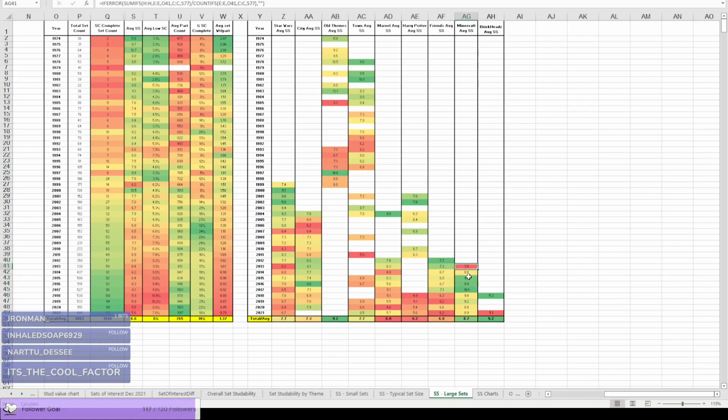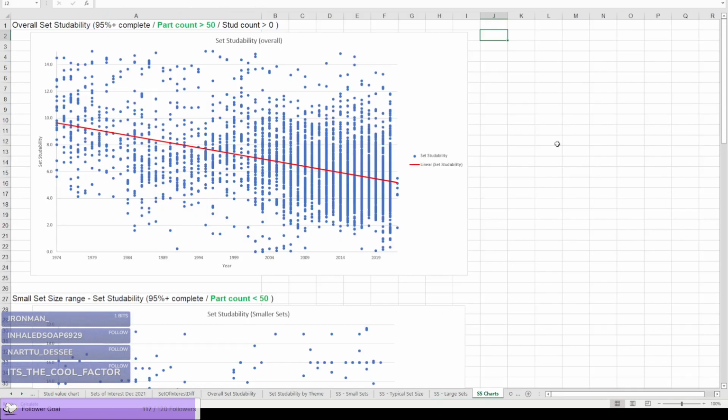This one, I think it might be because Minecraft, when it was introduced, had very few sets. I don't know what that count is for Minecraft, but it might be very few sets that skew that data. So, interesting data. And then if we just come over and look at the charts, so this is what the